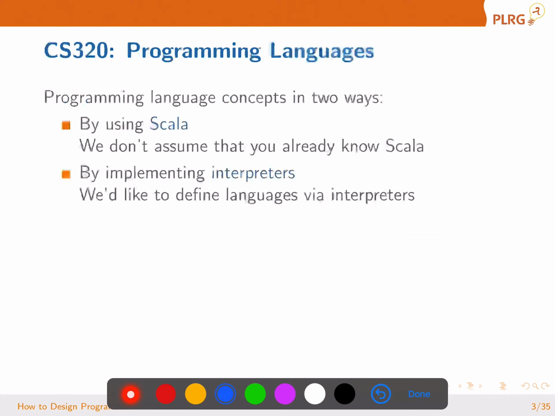semester. Programming language concepts can be taught in many ways, but in this course, we are gonna use two ways: by using the Scala programming language and by implementing interpreters. Interpreters are really important, and I'm going to tell that in the next slide. But before that,